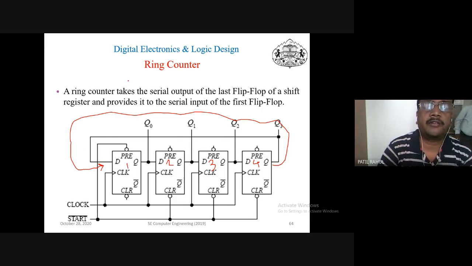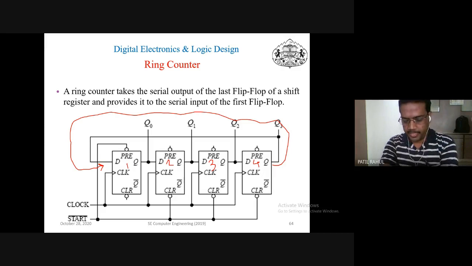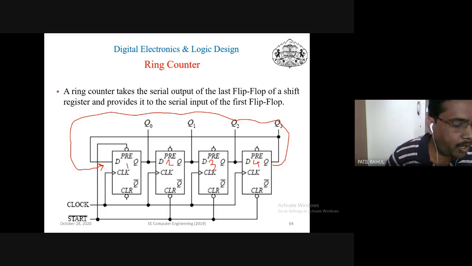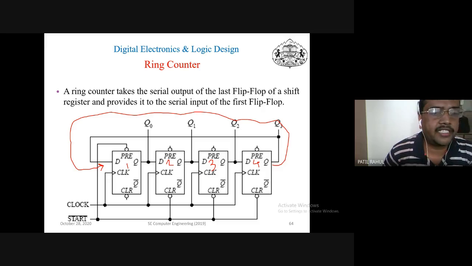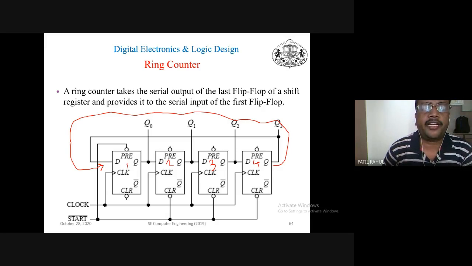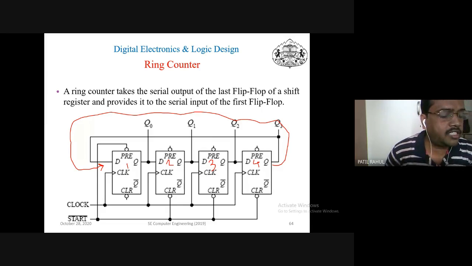Okay, so first here preset is connected to the first flip flop. So I already told, when you connect the preset input to any flip flop, then what will be the output of that particular flip flop? Can you give the answer? Here I'm connecting preset input to the first D flip flop. So what is the output of that first D flip flop? Please give the answer. Anybody unmute from your side and give the answer.